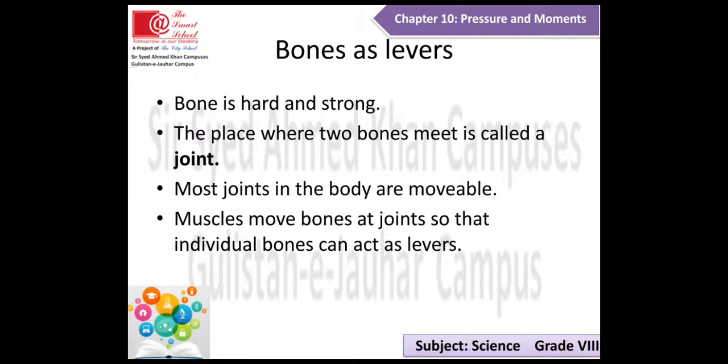When muscles contract, they get shorter. This produces a pulling force. When the muscles relax, they return to their normal length, but they cannot push. At joints, muscles are arranged in pairs so that one muscle of the pair pulls the joint one way and the other pulls it back again. Because the muscles work against each other, they are called antagonistic pairs. Do you know? The largest bone in the human body is the thigh bone or femur, and the smallest is the stapes in the middle ear.